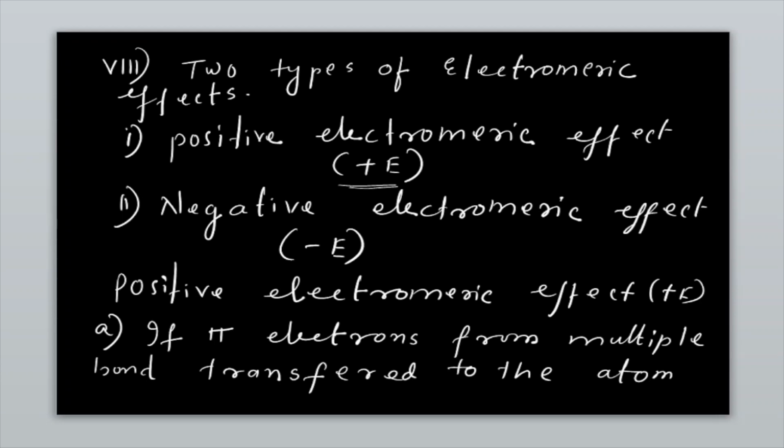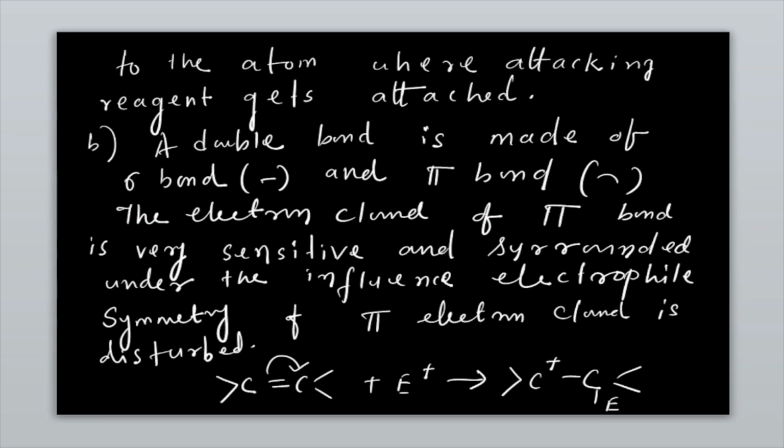What is the meaning of positive electromeric effect? Positive electromeric effect means the pi electrons in the multiple bond transfer to the atom. In positive electromeric effect, you will observe how the transfer of electrons takes place: it takes place where the attacking reagent is attached. A double bond means one sigma and the other one is pi. Two bonds are there: sigma, that is a strong bond, and pi, that is a weak bond, and its polarization